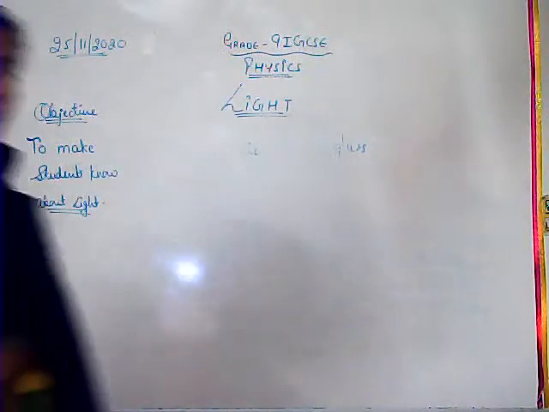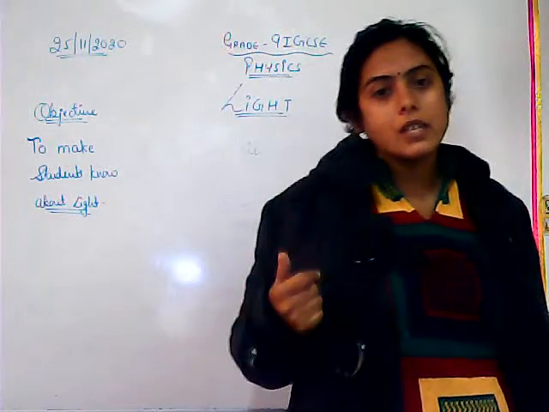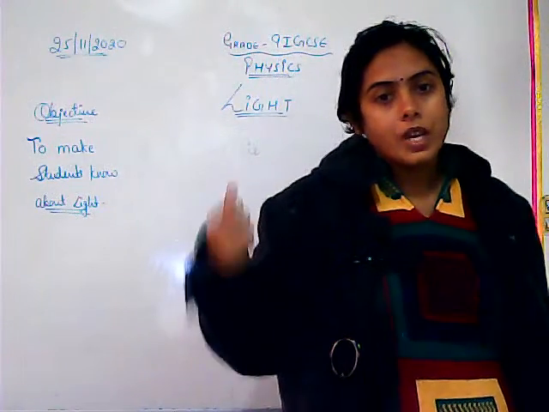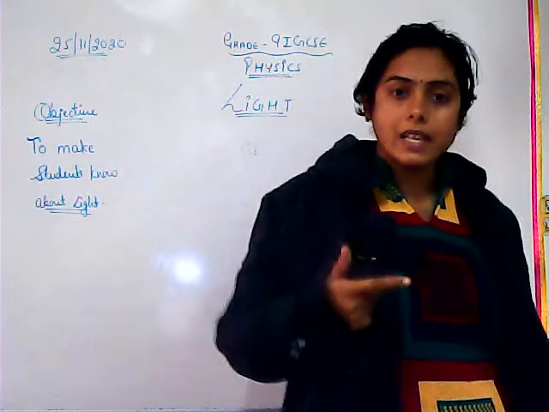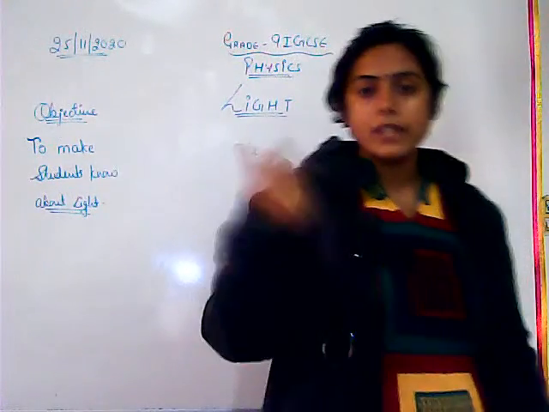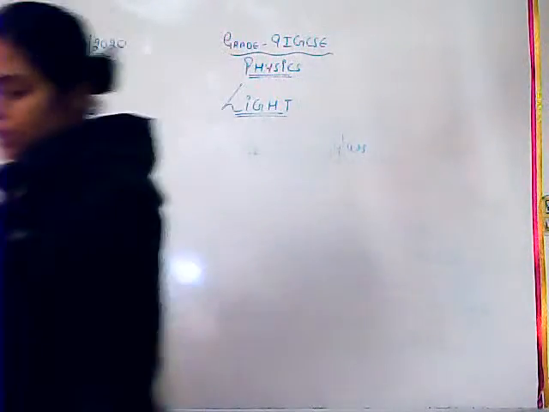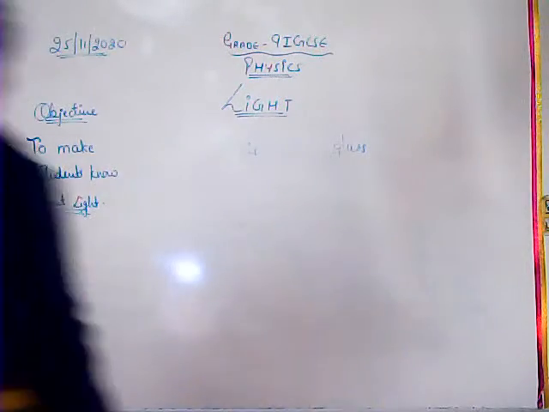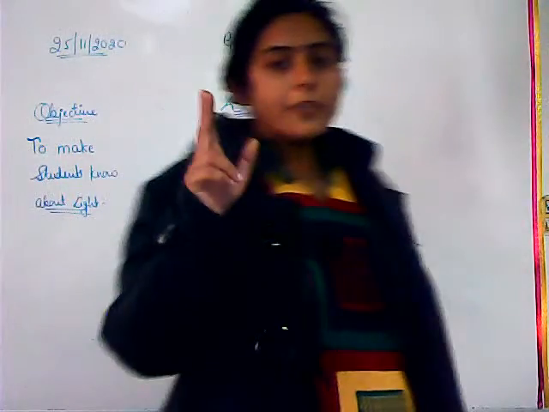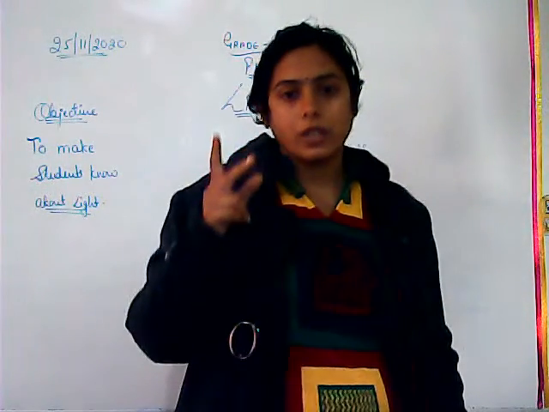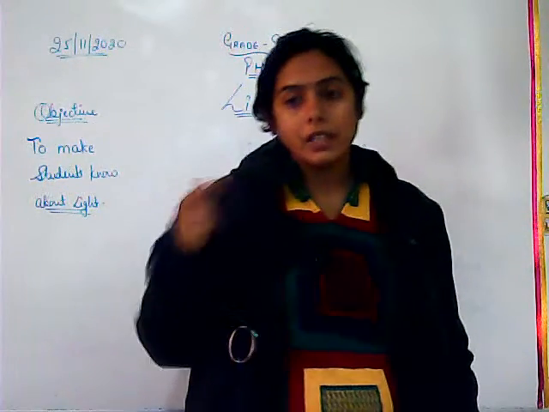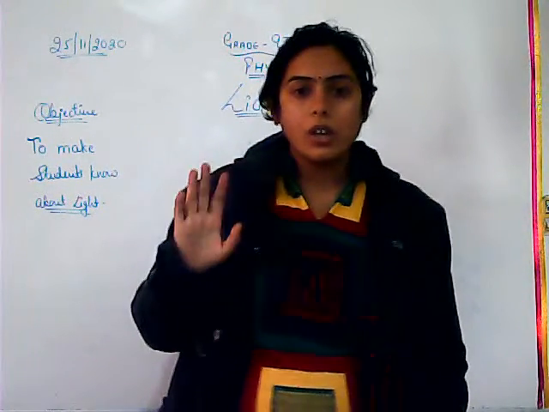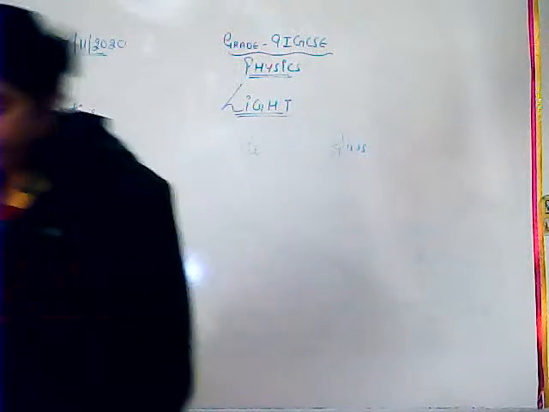क्यों हुआ? क्योंकि वो कहां से कहां गया? एयर से ग्लास की तरफ गया. एयर इज व्हिच? रेयर. ग्लास इज dense. Solid है ना, तो ग्लास इज dense. So whenever you go from rarer to denser, you bend towards the normal. I'm stressing on you these two things because refraction is just around these two things. फाइन, किधर स्पीड ज्यादा है, किधर स्पीड कम है, किधर को बेंड करना है, ऑल दिस इज व्हाट योर रिफ्रैक्शन.